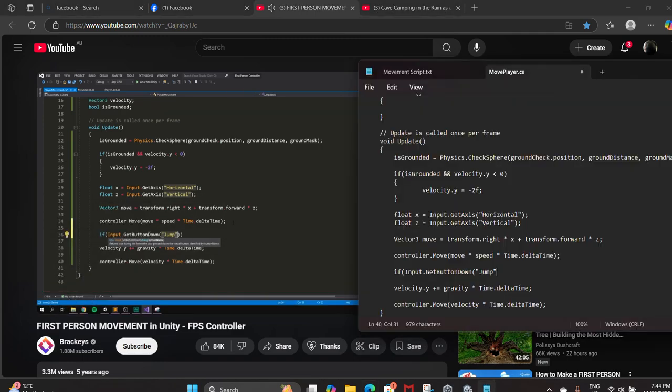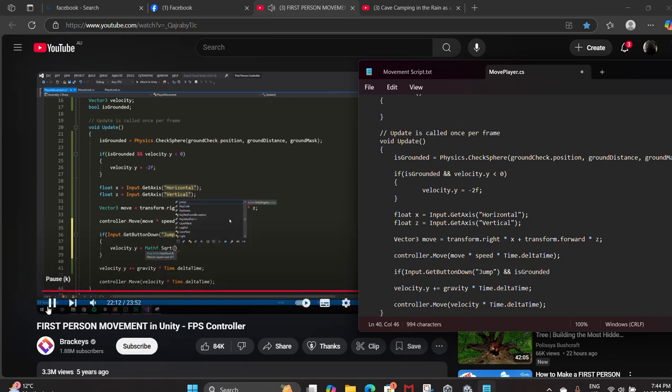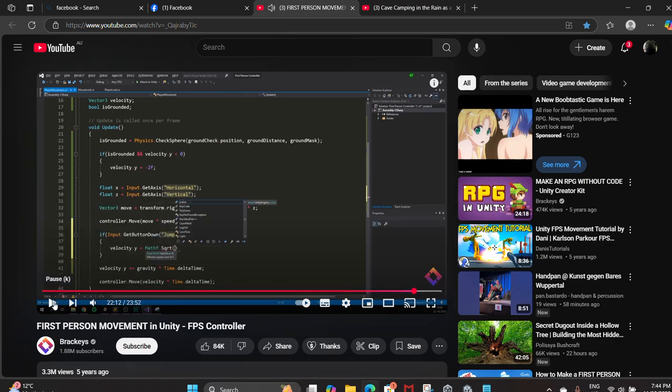This is another default input that automatically maps to the space key. And if we're currently grounded, well, then we can set velocity.y equal to the square root, so math.square root of our desired jump height, and here